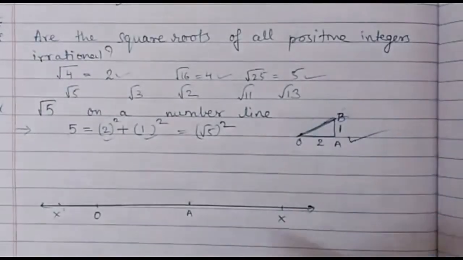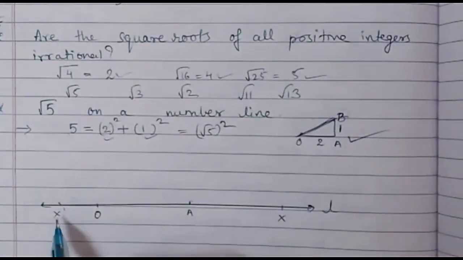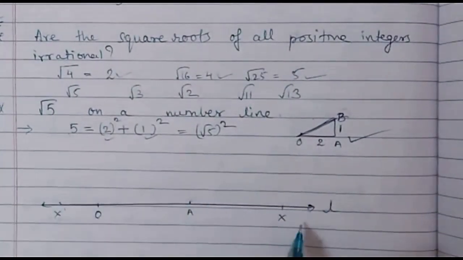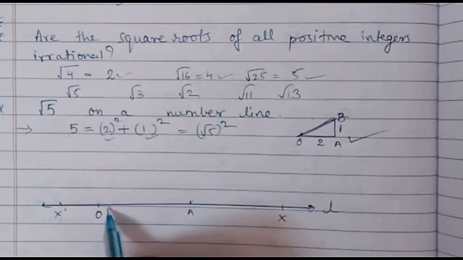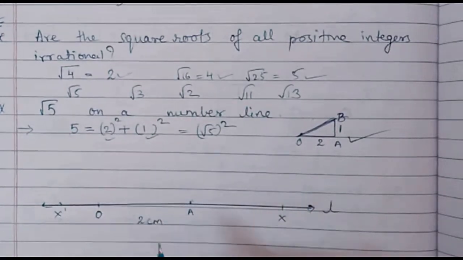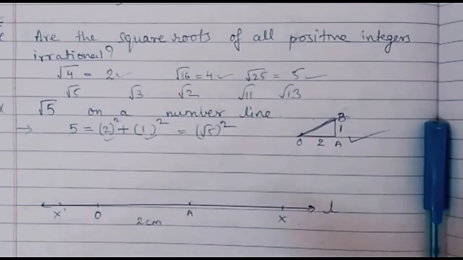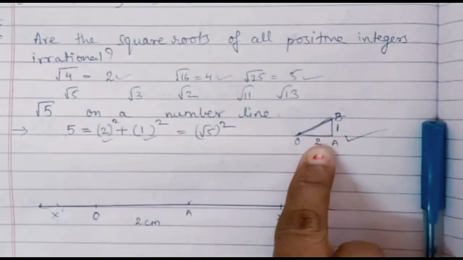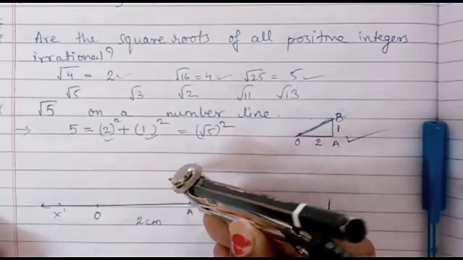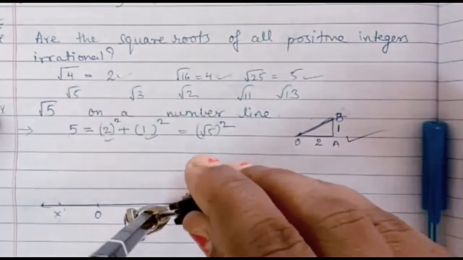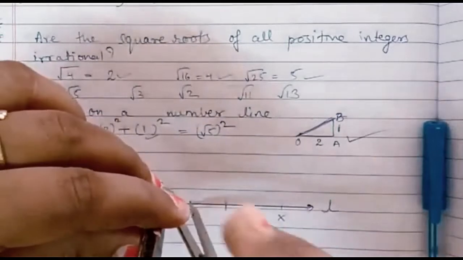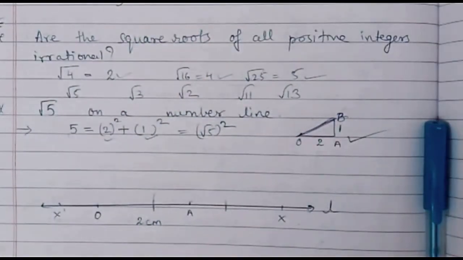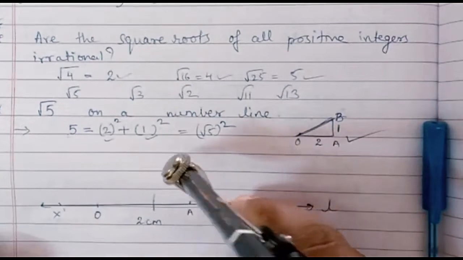So the very first step is to construct line L containing X dash O X. I have already taken point A, that means the length of OA is equal to 2 centimeter. It is more than 2 centimeter to make it big so that you can see. Now at point A, we need to draw a right angle. Now it is up to you how you draw the right angle. You can draw with the help of a protractor or even a pair of compasses. So you people have learned how to draw 90 degrees. First of all, draw two arcs on both sides of point A.